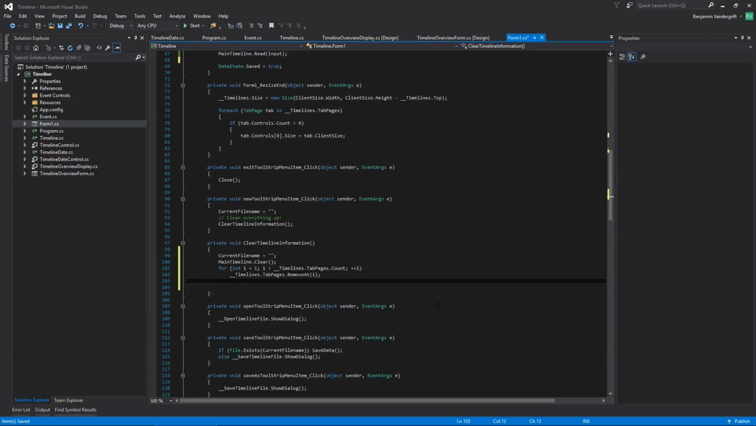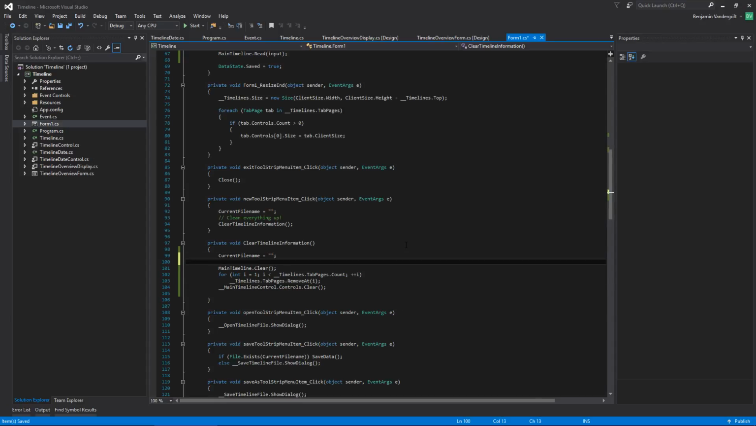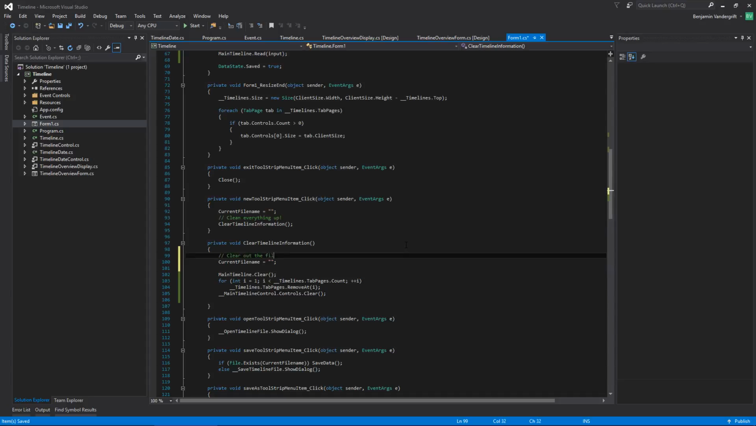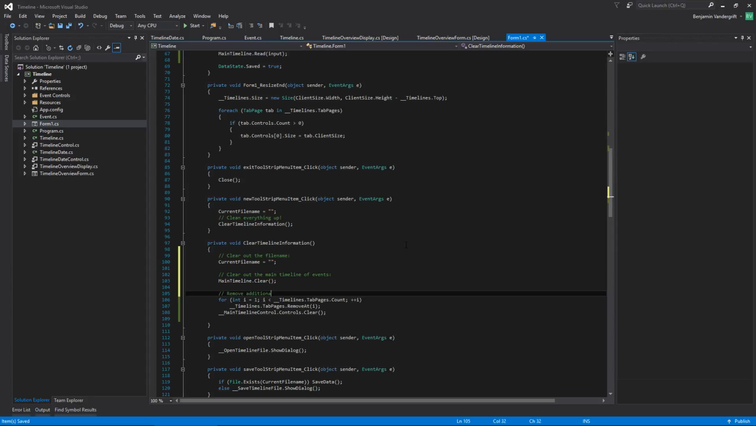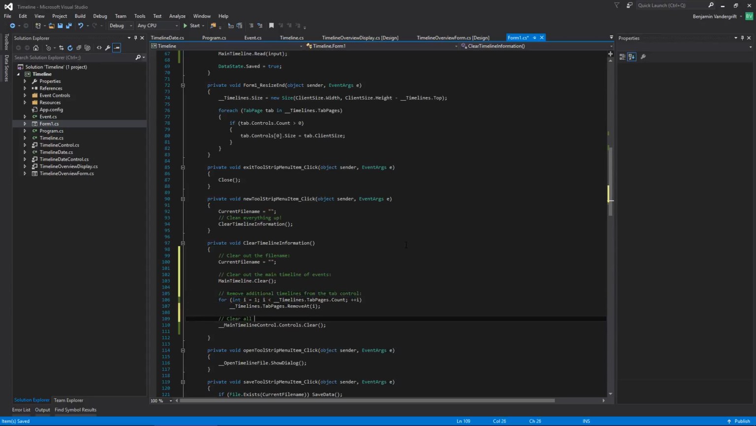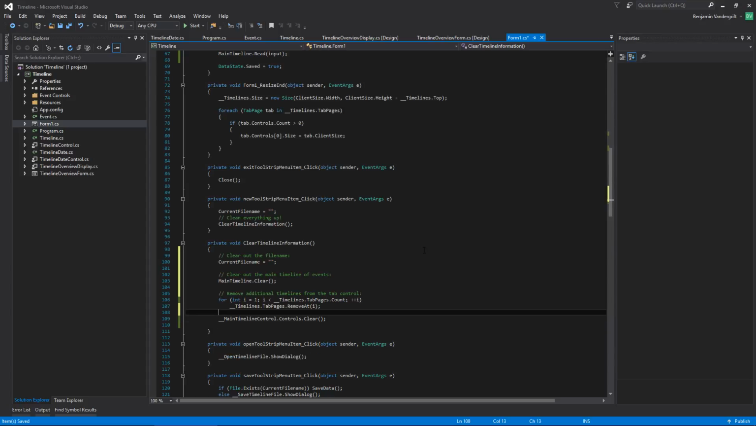But then the next thing that I need to do is main timeline controls.clear. Okay, so let's just make sure I'm going through things. Clear out the file name. Clear out the main timeline of events. Remove additional timelines from the tab control and clear all controls. Yep, that's not going to do what I want. Or no, it might do what I want, but